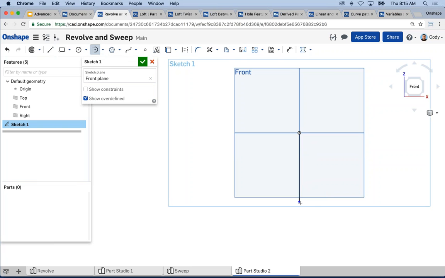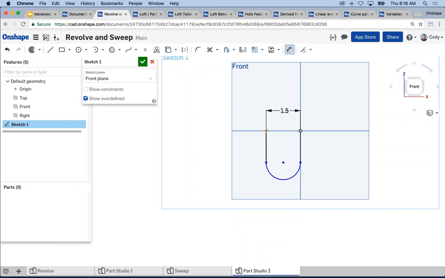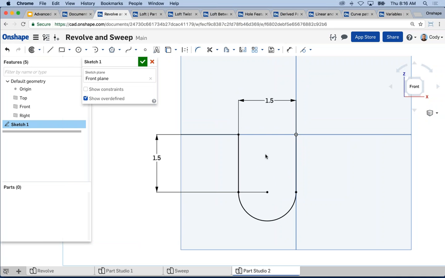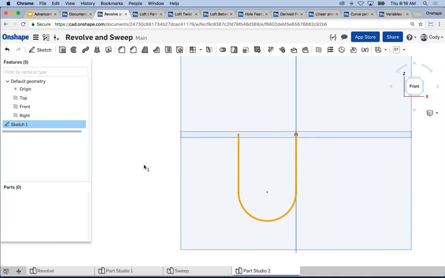We'll do a tangent arc off of that, like so, and then I'll finish with another line. Now I want to make sure I have my tangent constraint, so I can select the two, use the T key on the keyboard for tangent, and then just add a few dimensions here. Right? So we add a few dimensions to define our U-shaped sketch, but that's really all we need to do. So the first sketch is done. I can hit the green check OK, and now I have sketch 1 listed in my